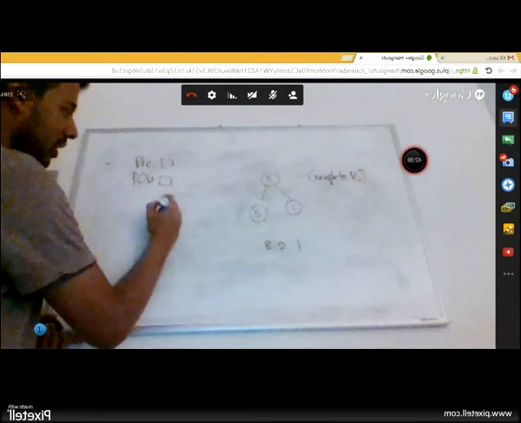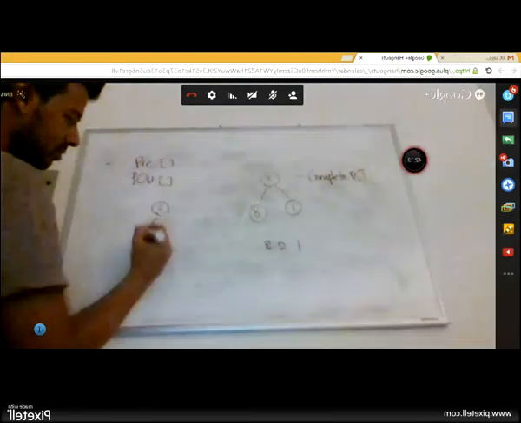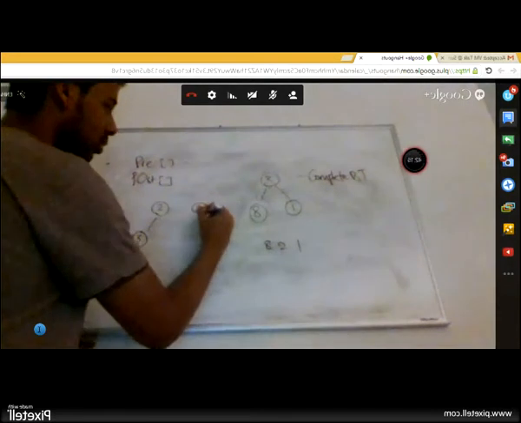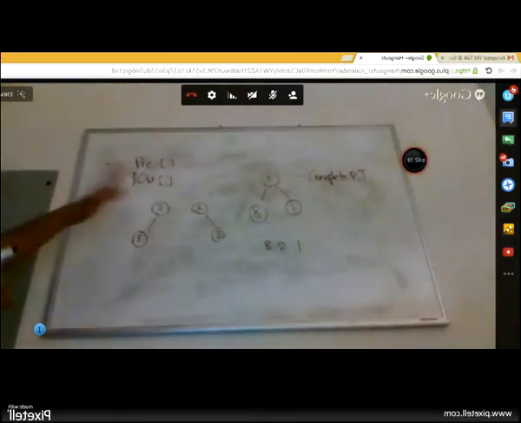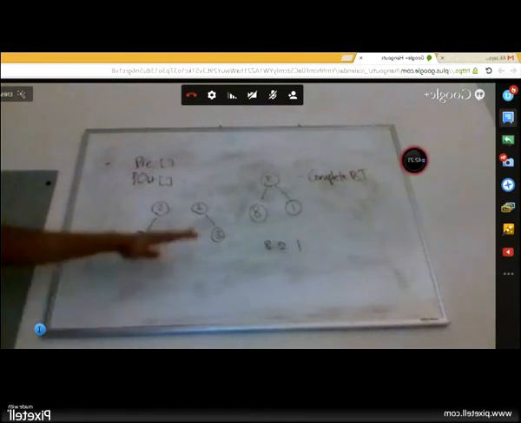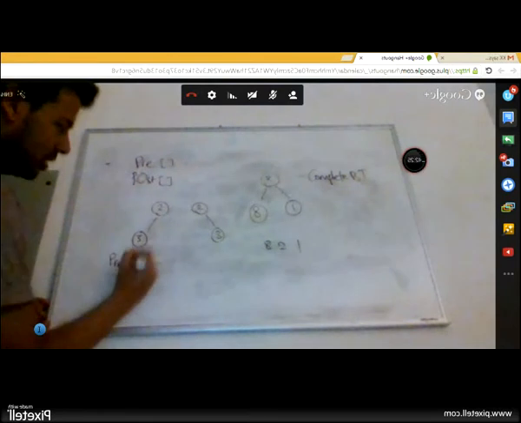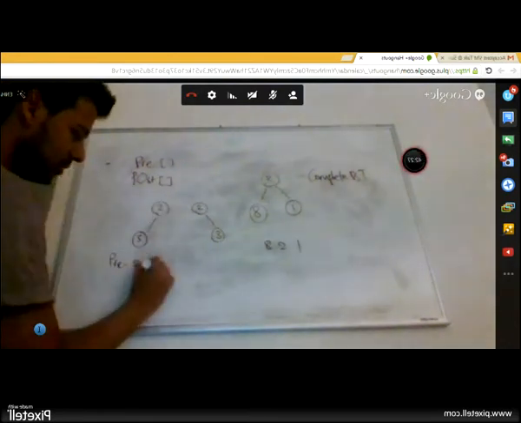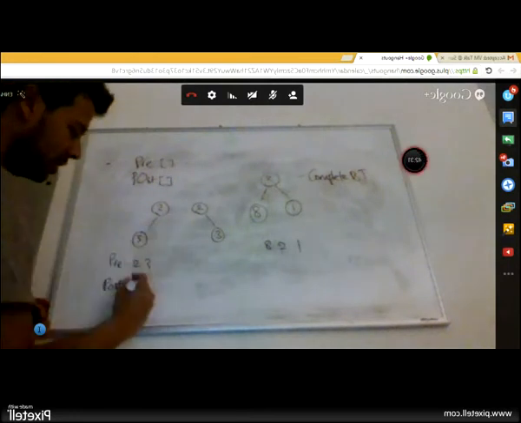So let's say I have two trees, 2 and 3, another tree, 2 and 3. The way you can see why this wouldn't work is very simple. Take this case. The pre-order traversal for this is root left right, which is 2 3. The post-order traversal is left right root, which is 3 2.